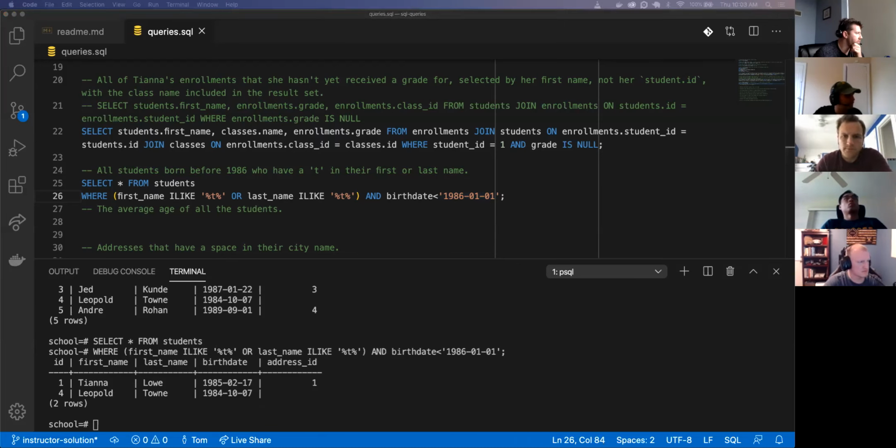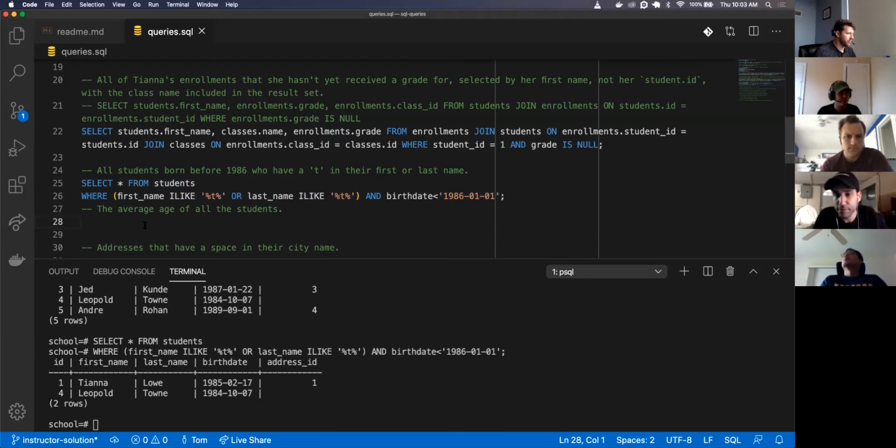Let's keep going. The average age of all students. Adam. All right. I did select AVG, average. Then I did parenthesis, left parenthesis, extract. Extract, yeah.